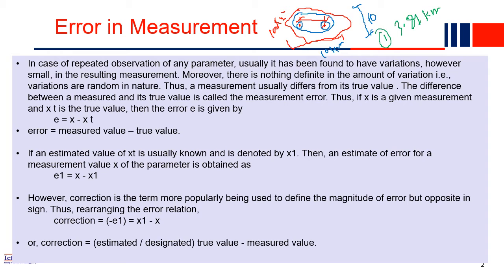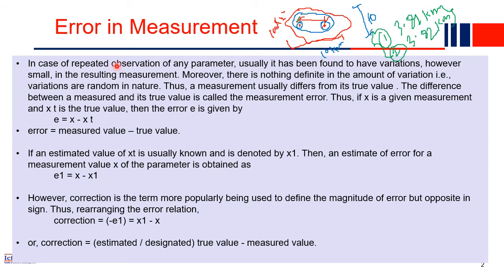Person 1 went to the site and measured 3.81. Now person 2 went, and with the same instrument, if he measures again, he may not get exactly 3.81. He may get 3.82 kilometers or 3.80. That introduces error. Even if we take precautions to measure the distance, there will still be errors in our measurements. How to deal with that, we will discuss in this lecture.